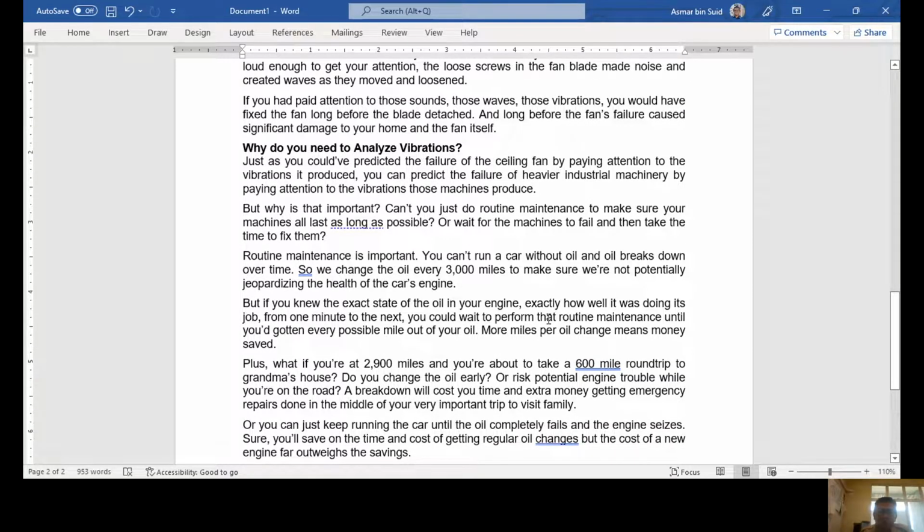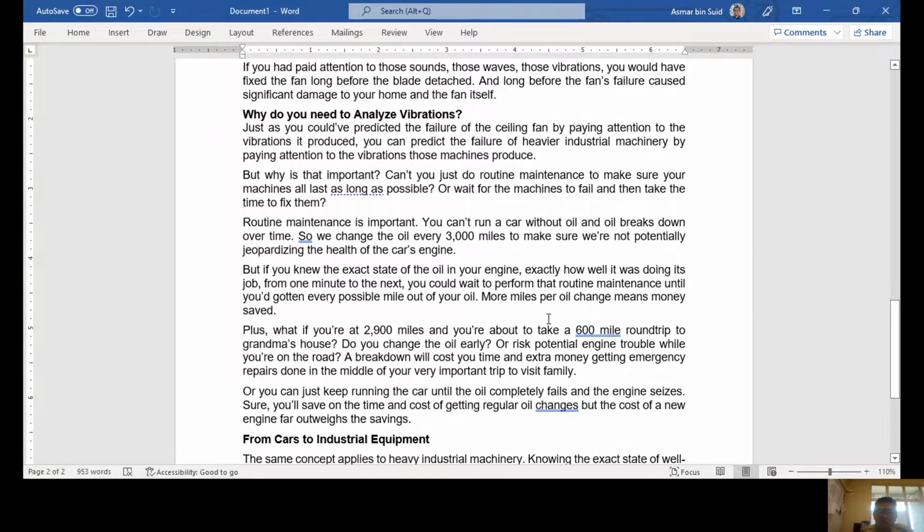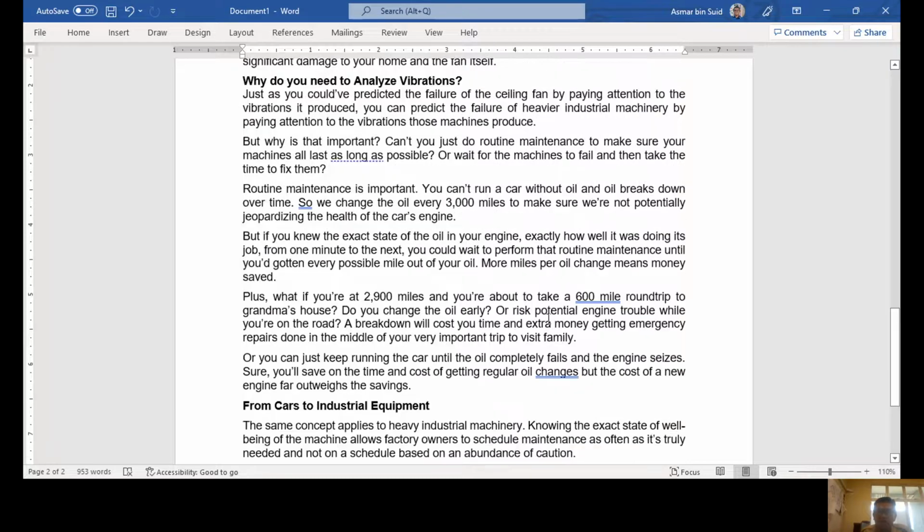You can't run a car without oil, and oil breaks down over time. So we change the oil every 3,000 miles to make sure we are not potentially jeopardizing the health of the car's engine. But that is routine servicing. If you knew the exact state of the oil in your engine at every moment, exactly how well it was doing its job from one minute to the next, you could wait to perform that routine maintenance until you had gotten every possible mile out of your oil. More miles per oil change means money saved. So this is one of the important methods in scheduling